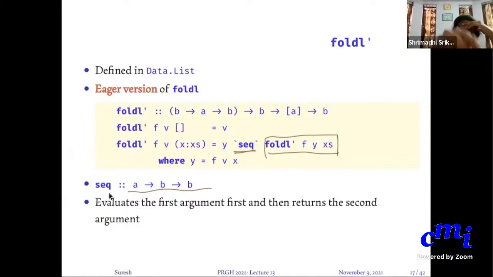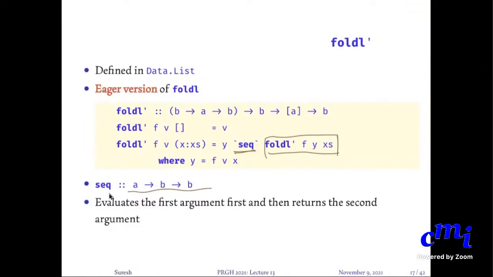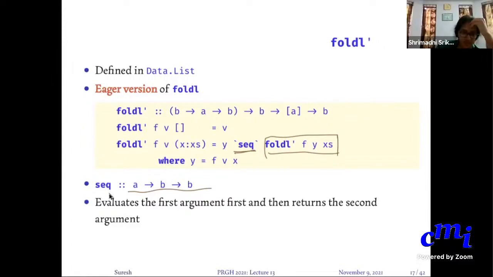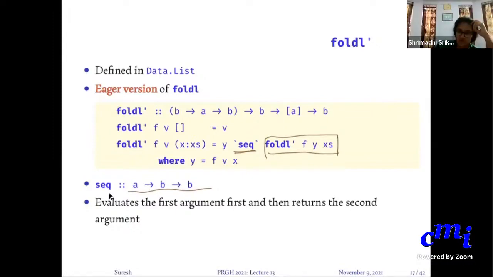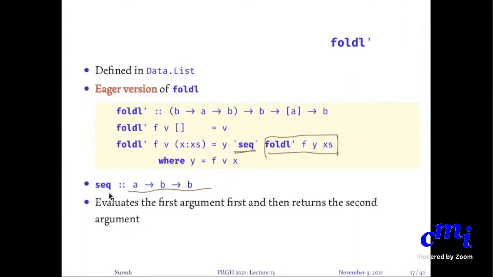No, so the fold L prime is actually doing something with the first argument. You see, A arrow, B arrow, B, it will be something like plus or this or that. In sequencing, you basically evaluate the first argument, and then evaluate the second argument and return the second argument. The first argument is not used, but the main point is sometimes the second argument, the expression itself, will use the first argument. See here, the second argument is fold L prime Fyxs, and the y is also the first argument. So the first argument will be evaluated first. It's some internal thing. It is just to ensure that certain things are evaluated quickly, like in the example I showed.